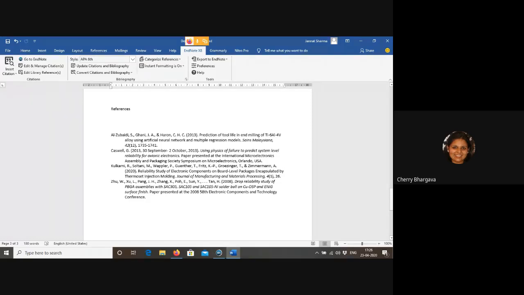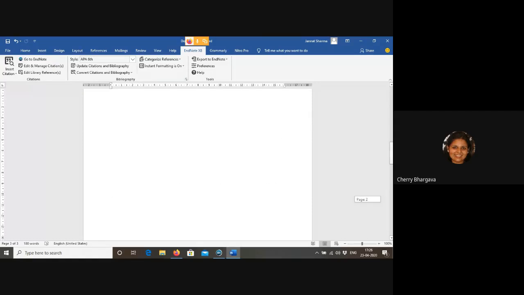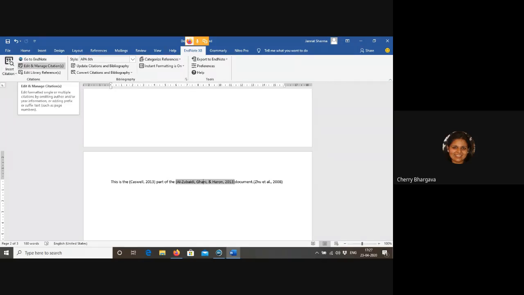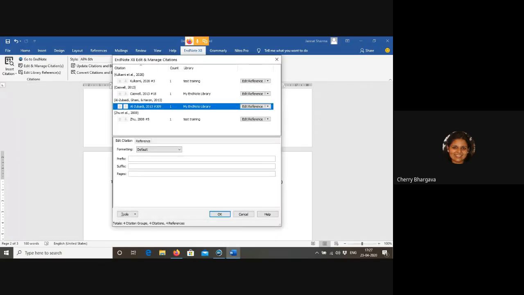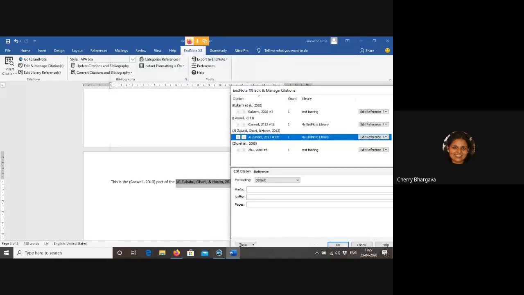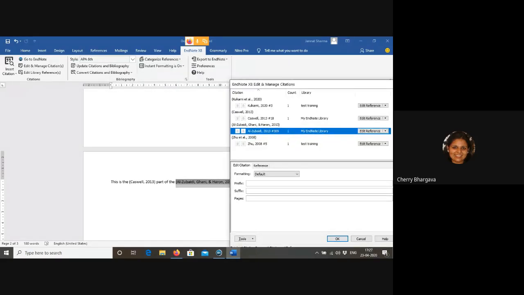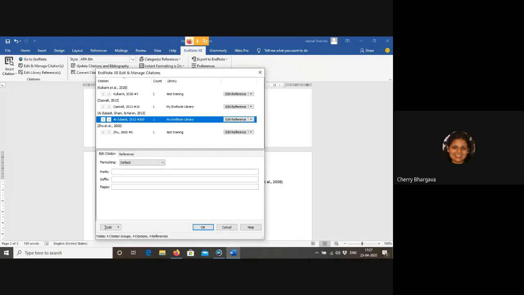Okay, I don't need this particular reference in my document. So what I'm going to do is place my cursor on this particular one, moving to the same insert citation tab. Along with that, look at that. This is the edit and manage citation tab. Just click on that particular one. Okay. So the citation you have initially highlighted, automatically it will route you to the same. Okay, that reference is automatically highlighted, what you're looking for.